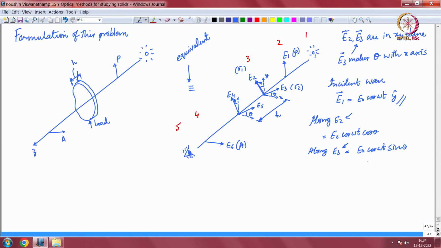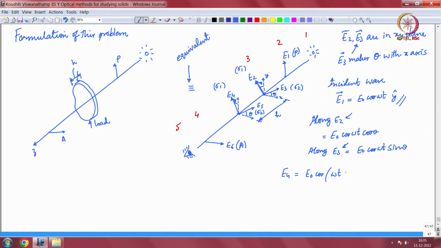Now, the vector directions do not change, remember this is plane stress. So, the directions of the principal stresses are the same as you go through the thickness. They change from point to point, but they are the same as you go through the thickness, which means E4 and E5 are parallel. We have already drawn that, but because of the distance h and because they are travelling at different speeds, there will be a phase lag. Okay. So, the component along E4 will be the same as the component along E2,